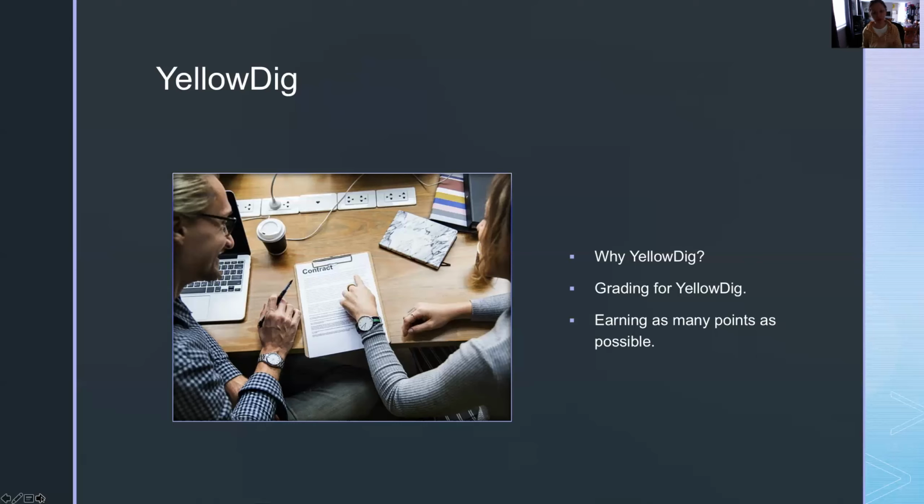If you're having a hard time forcing yourself to get on Yellow Dig, I recommend time boxing. Set a timer for 10 minutes and say, I'm going to do Yellow Dig for 10 minutes. I'm not going to skip over to Facebook. I'm not going to look at my text messages, Pinterest, whatever it is, NFL scores that interest you. 10 minutes, Yellow Dig, and done.